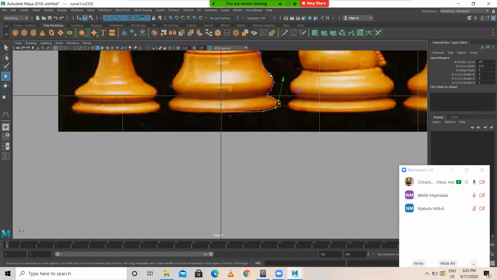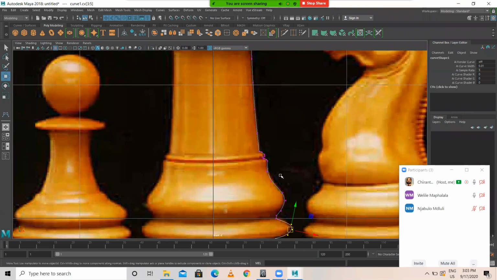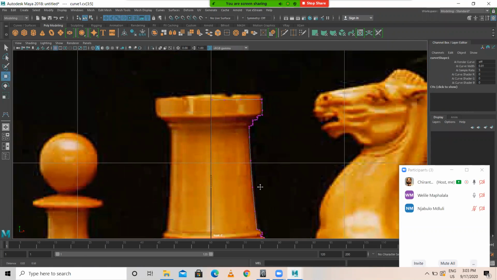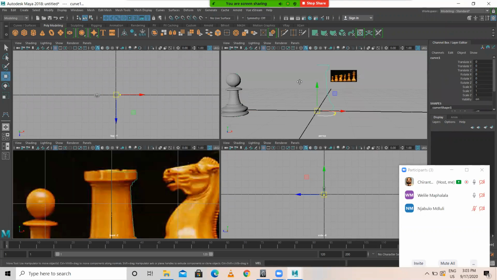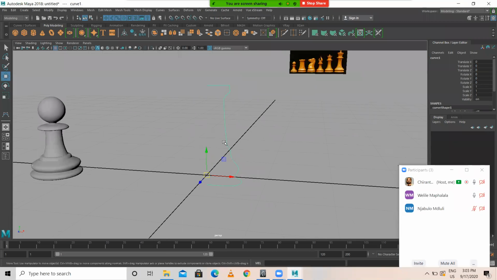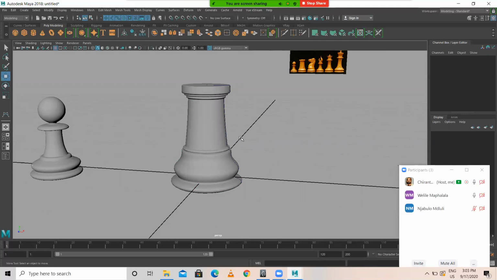If some changes are required, you have to do them by looking at it closely. Okay, it's done. We'll come over here in the perspective. Select this, Surface, Revolve. See, like this.